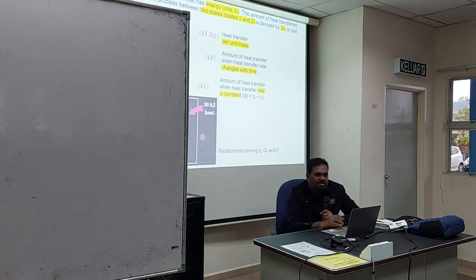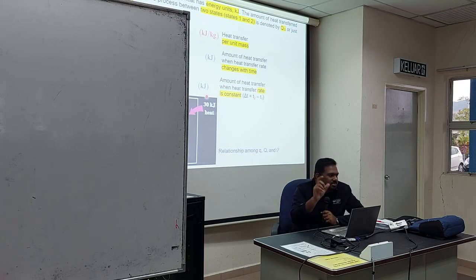Okay, dalam calculation pun selalunya akan keluar lah. Dia akan cakap per unit mass, ataupun kita juga boleh panggil as specific heat transfer. Kalau ada perkataan spesifik ataupun per unit mass, maksudnya you kena bagi dengan mass. Kalau dia cakap over time, so you kena tahu dia adalah Q dot. So Q dot ataupun kalau dalam soalan dia tulis Q dot, you kena tahu itu adalah per second ataupun per unit time lah, per minute ataupun per jam. So yang itu ada yang ada Q dot. Okay,